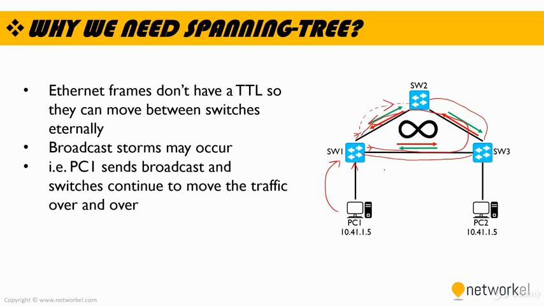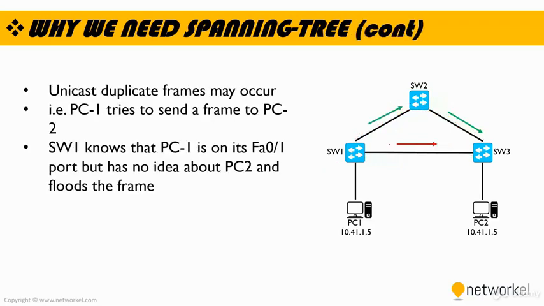And as you can see, we can face broadcast storms in a topology like that, because Ethernet frames don't have a time to live value. Another reason why we need spanning tree is that we can face unicast duplicate frames. For example,